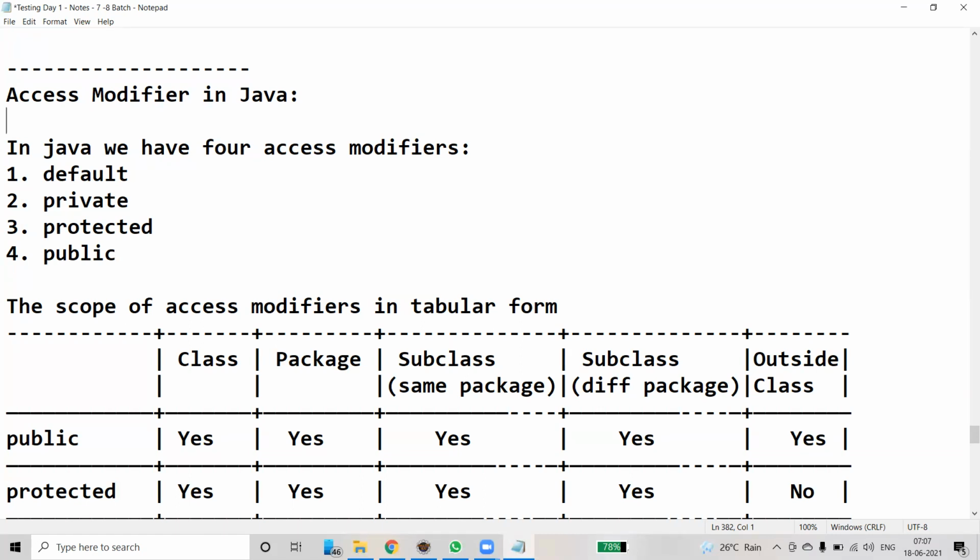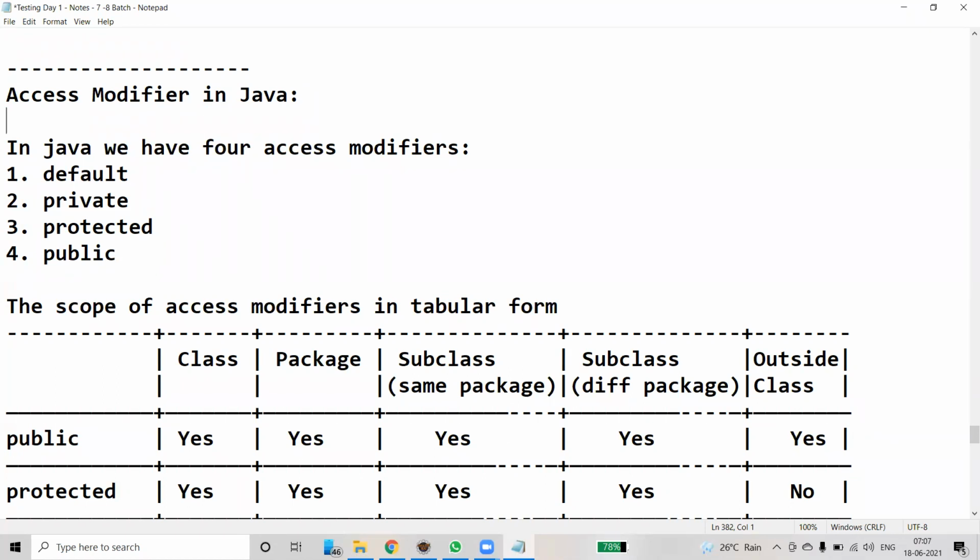Okay, if you don't mention any access modifier, it is called the default access modifier. The scope of this modifier is limited to the package only.